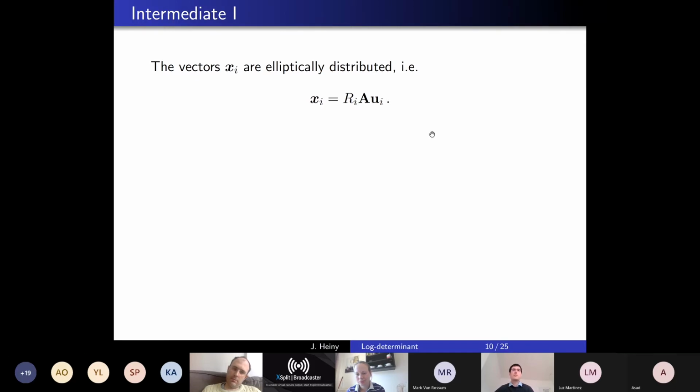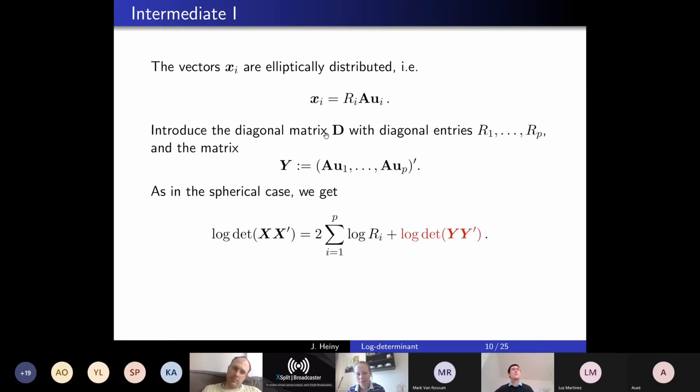This makes the whole business somewhat more complicated, but we can start in the same way as before by collecting the radii in this diagonal and introducing this matrix Y, where you still have this, where now additionally there is this A. And as in the spherical case, we get this nice representation. The radius again